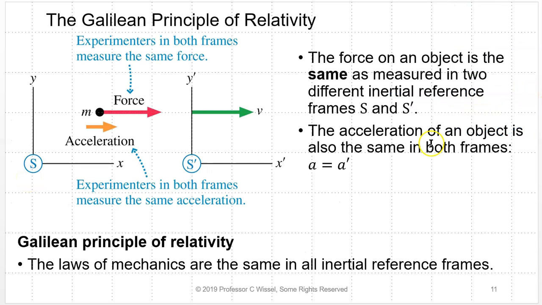Now we're going to have a force here and acceleration. Of course, the S prime coordinate system, remember, is moving at velocity v with respect to the S coordinate system. So the force on an object is the same as measured in two inertial reference frames because they're inertial frames. The acceleration of the object is also the same in both frames. A equals A prime. This is the Galilean principle of relativity. The laws of mechanics are the same in all inertial reference frames. So that means there's no preferred inertial reference frame. That's because v is constant here. What I mean to say is there's no acceleration of one frame relative to another. So in other words, the acceleration of anything in this frame is going to be the same as anything in